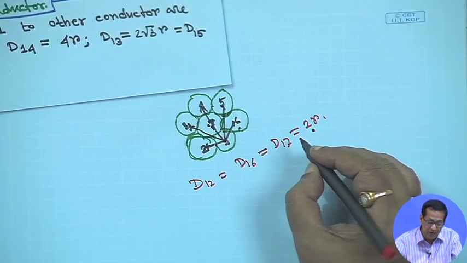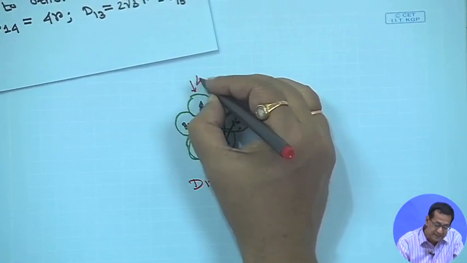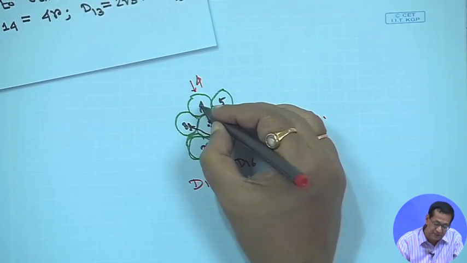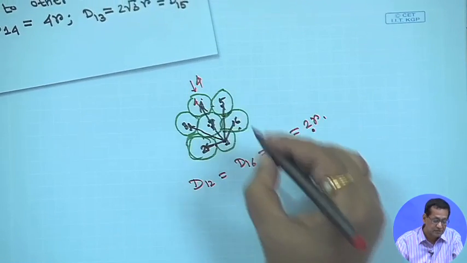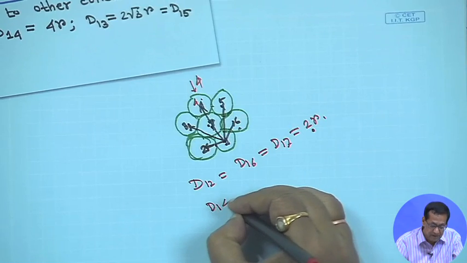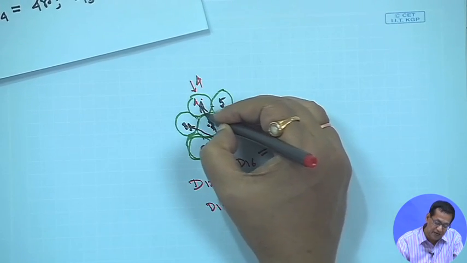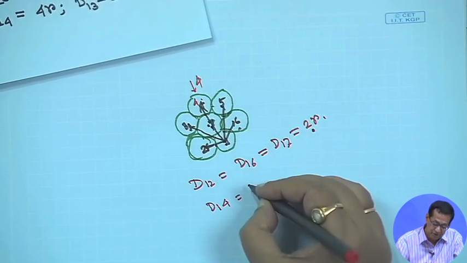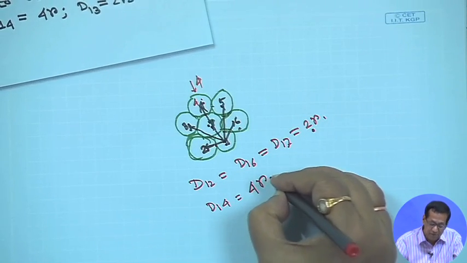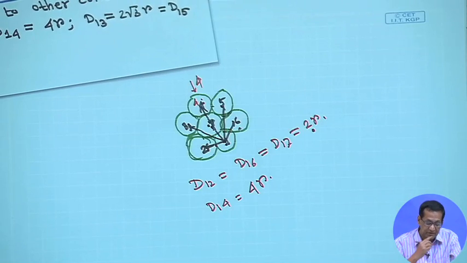Then D14. This is conductor 4, counting 1, 2, 3, 4. So, D14 is equal to 4r, because from here to here the diameter is 2r and again from here to here is 2r. So, altogether D14 is equal to 4r. Now, D13